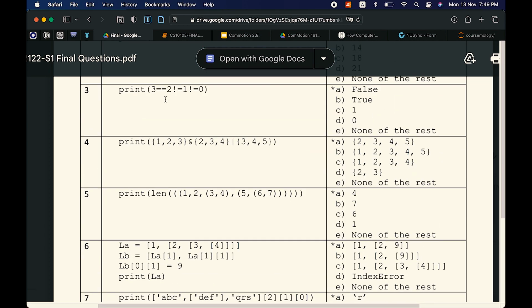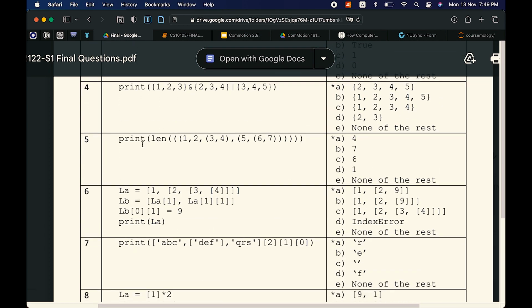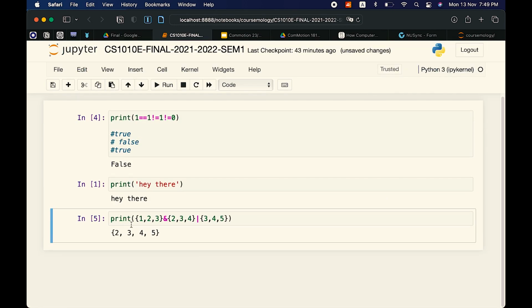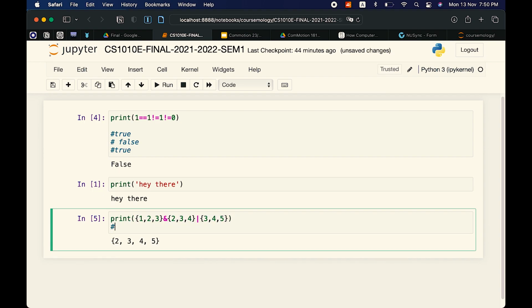Print. Yeah, so it's false. Print. Let's see. Okay, so we get this, right? Print this and this, or this. So this is AND. This is OR. 1, 2, 3, and 2, 3, 4. These are sets, so these are set operations.